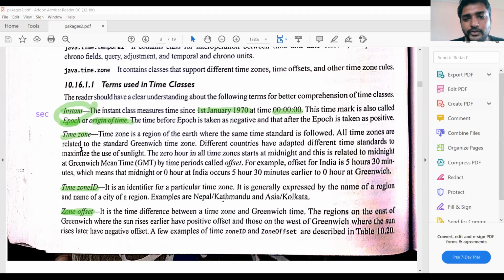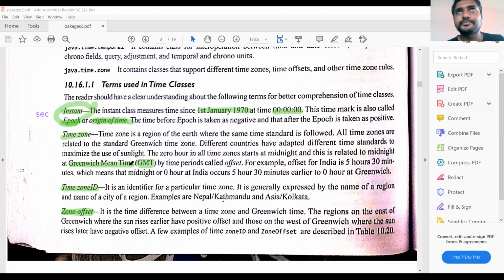So this is called instant. Next one, time zone. Time zone means we measure the time with respect to the Greenwich Mean Time, GMT. Indian time is GMT plus 5:30. Likewise, every time zone has some value.